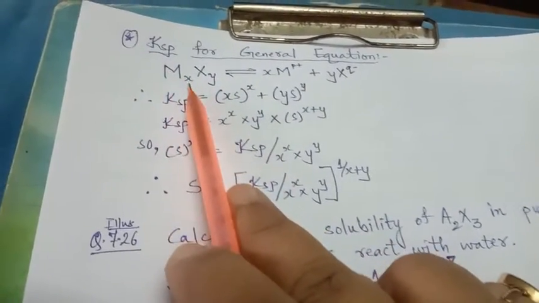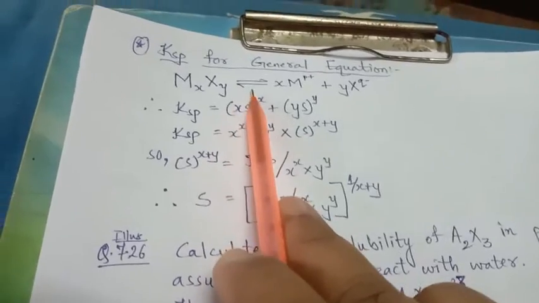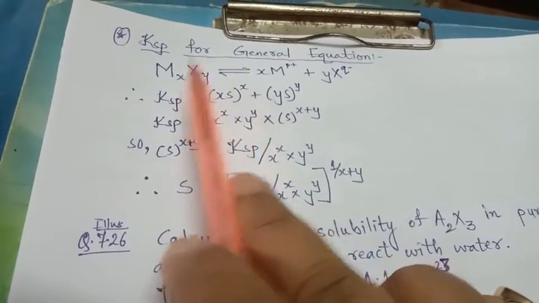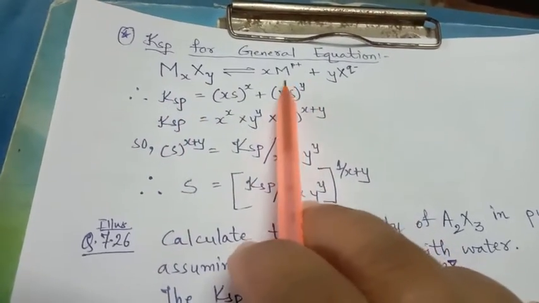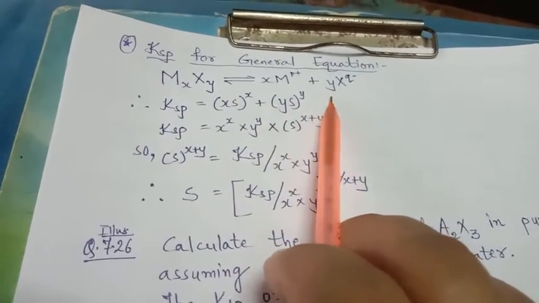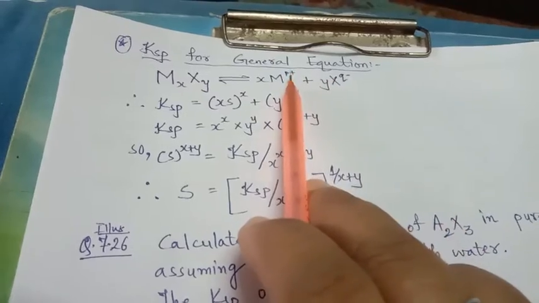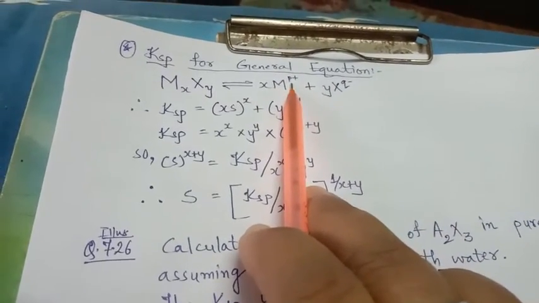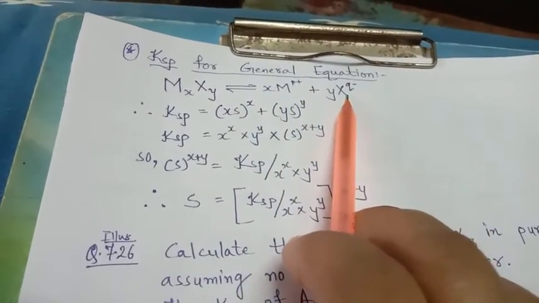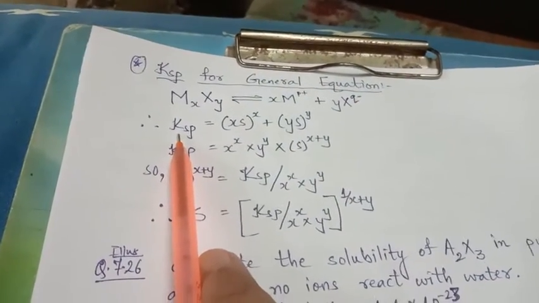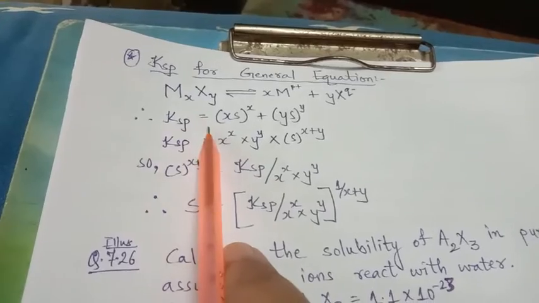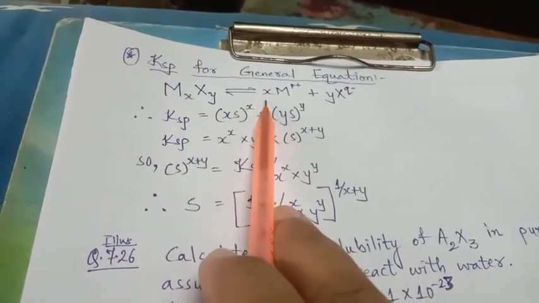That is, MxXy, when it dissociates, gives x amount of M and y amount of X, having its positive ion P plus and negative ion Q minus. Ksp for this, that is solubility product constant, is equal to